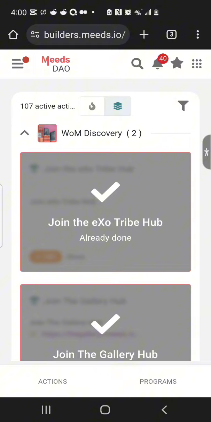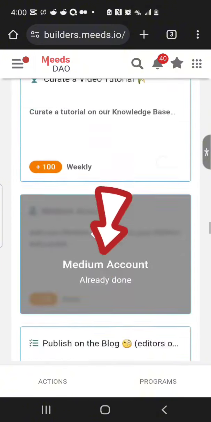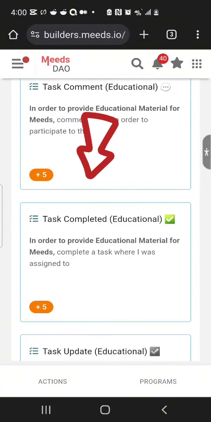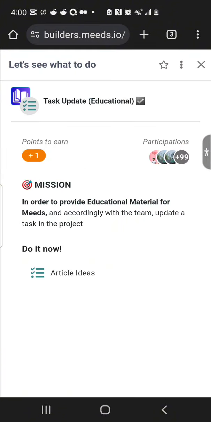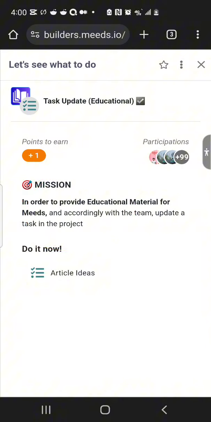When we've gotten to the Educate category, we click Show More to find the task we're looking for. You can see Task Updates, bracket open educational, bracket close educational. So we'll click it and read the details of the task. So the mission says, in order to provide educational material for mates and accordingly with the team, update a task